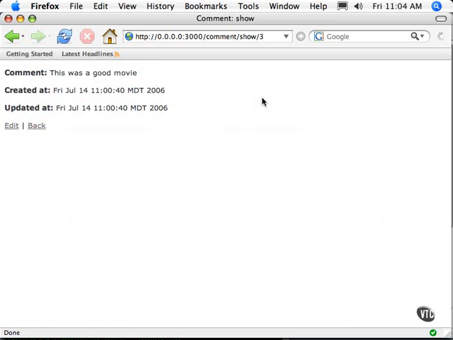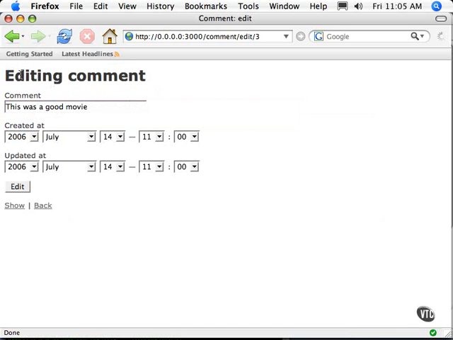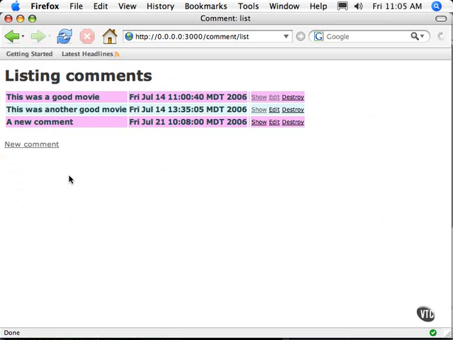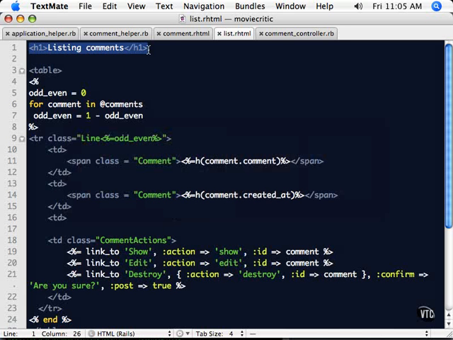If I go in here, you'll see there's no information here. It just kind of gives us this raw look at it. Same thing if I do an edit, you'll see I get a title here. It's editing comment, but I'm not very consistent about how that works. So perhaps I want to make it a little bit more consistent across it, and maybe make it into a